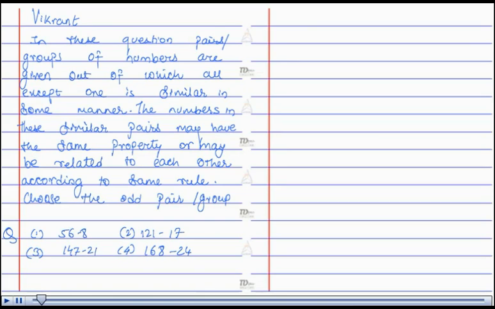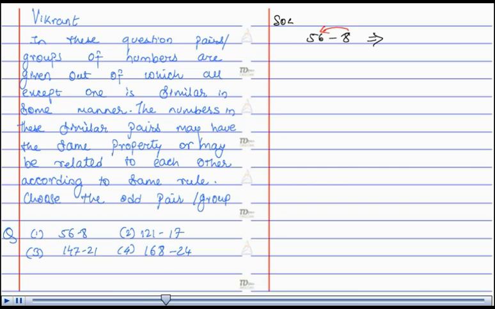Hello, I am Vikrant. In this question, pairs and groups of numbers are given, out of which all except one is similar in some manner. The numbers in these similar pairs may have the same property or may be related to each other according to the same rule. Choose the odd pair or group. The solution is, if you look at the first pair, that is 56, 8, we'll observe that 8 when magnified